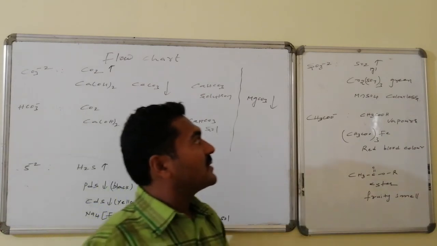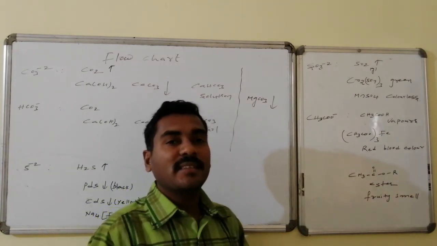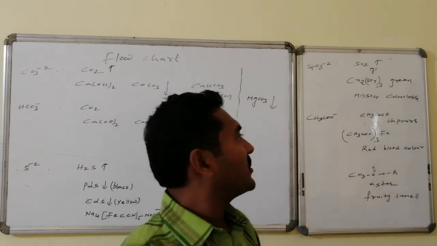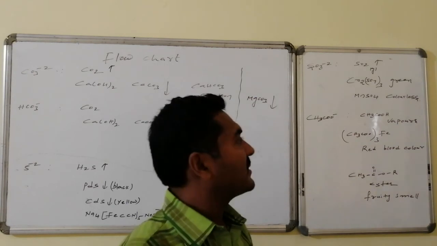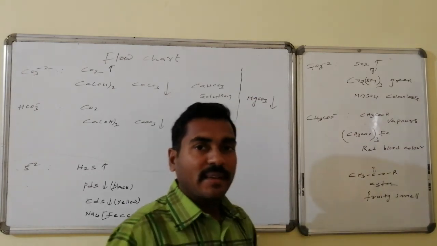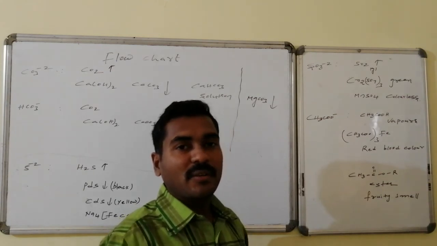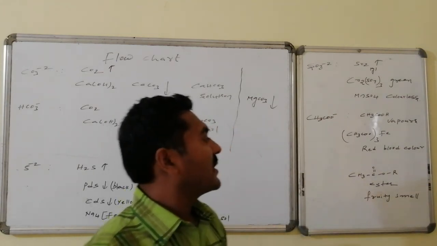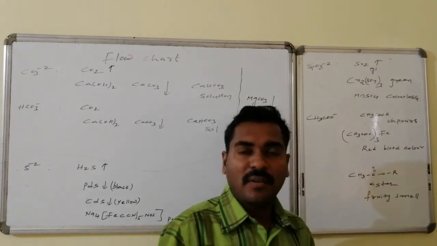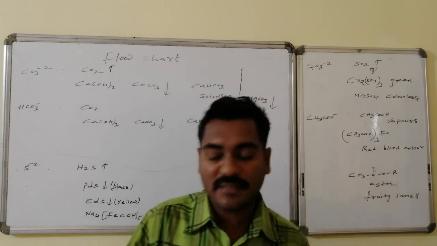Whereas sulfites will give sulfur dioxide, which on reaction with potassium dichromate gives chromium sulfate, a green colored solution. These on reaction with potassium permanganate give colorless manganese sulfate formation. Acetates will give acetic acid; on reaction with neutral ferric chloride it gives ferric acetate, which has a blood red color. Whereas these on reaction with alcohol followed by an excess amount of acid, a fruity smelling ester formation takes place.